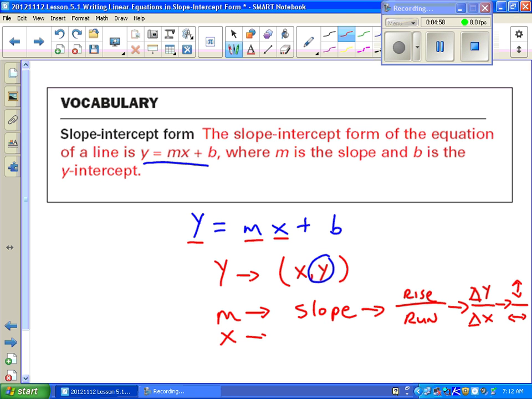Just like the y value, you have an ordered pair x comma y. Instead of being the y value, it's the x value. And what I mean by those two, the x and the y values, if you pick a point that's on a line, that x and y value is what you're going to use. And then a final variable in that equation is the b, which we've identified as the y-intercept,